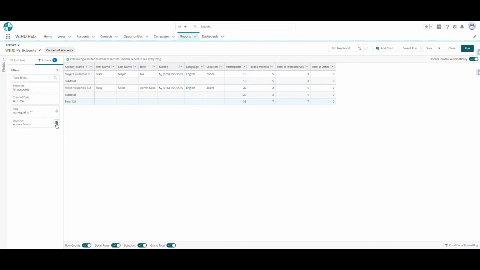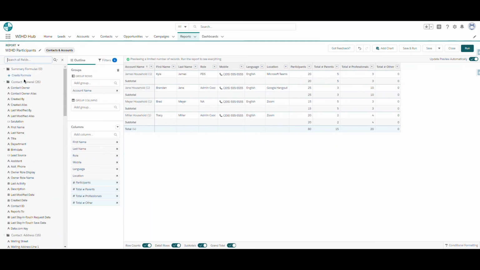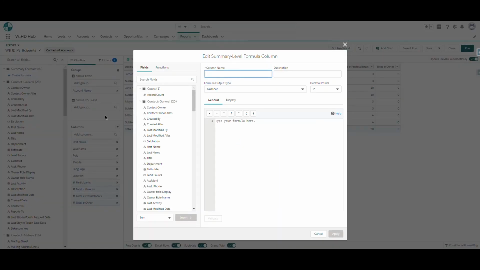For today's case, I won't be doing that, so I'll just delete that there, and we're just going to move back to the outline. Another functionality that exists within the reporting functionality is creating summary formulas. So maybe something that I want to record is the percentage of parents that are participants. So what I can do is actually create a formula, and I will navigate to this pop-up window right here,